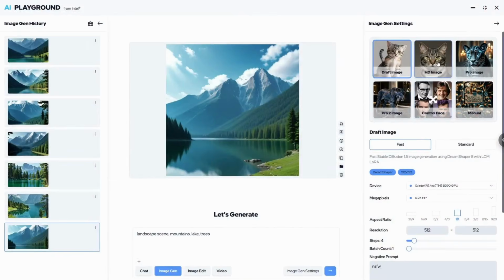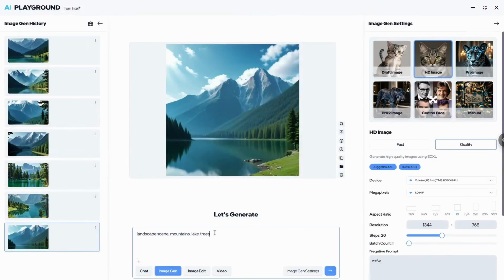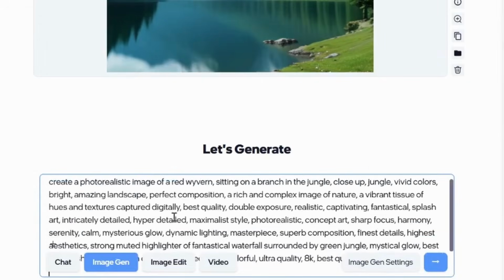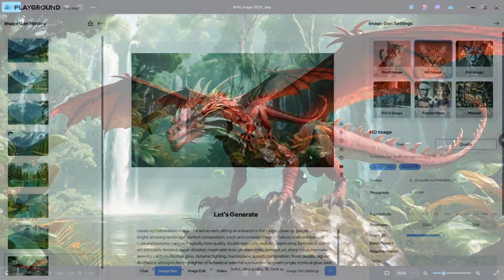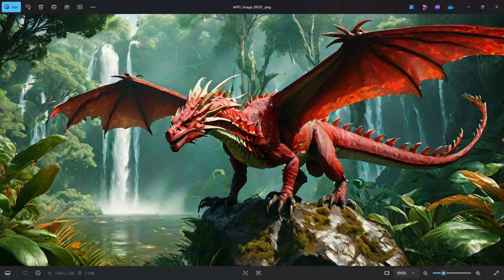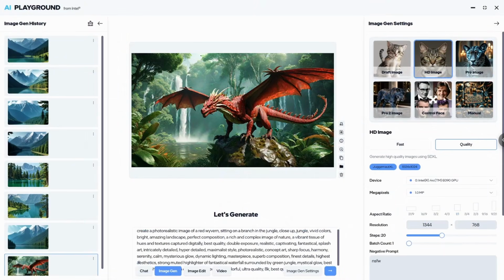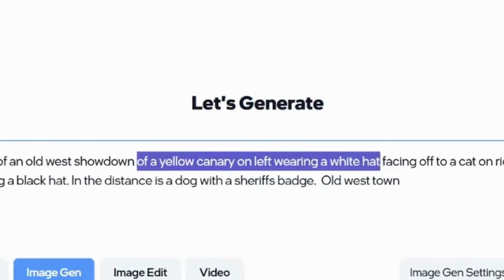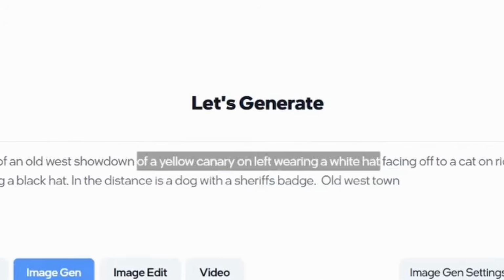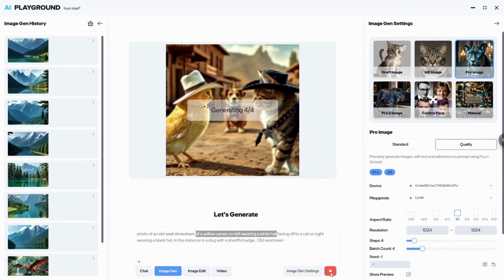Now with HD XDXL, you can get fairly descriptive with your prompts to describe fantastic images with amazing backgrounds and fine detail, up to 1 megapixel in resolution, and they look great. Pro uses Flux.1 Snell. Here you can define what you want, where you want it, what color, and if there should be text in the image. Now this will take a bit more time to generate each image, and while the prompt adherence is strong,